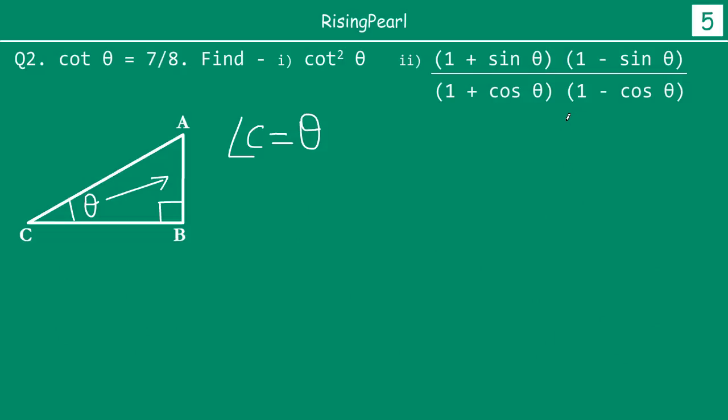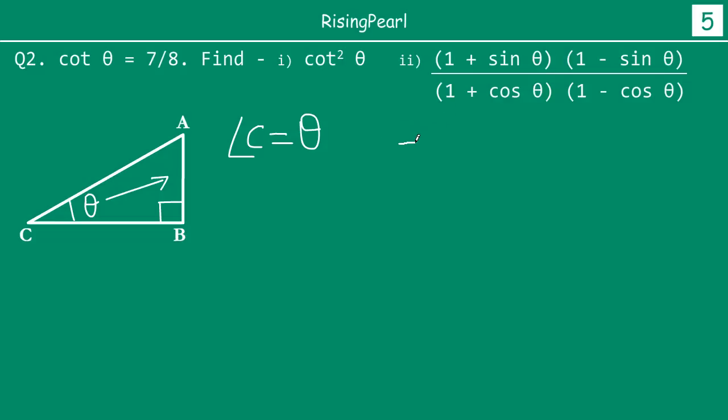Now here, friends, first thing is that we will try to simplify this first. I think we would still need to find out all the three sides, right? So let's do one thing. First, let's try to simplify this and see what we get from it, and then we will find out the three sides. So if you just treat this as a regular expression and you want to solve this,